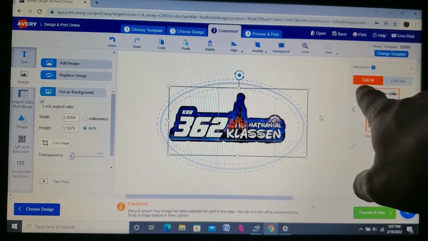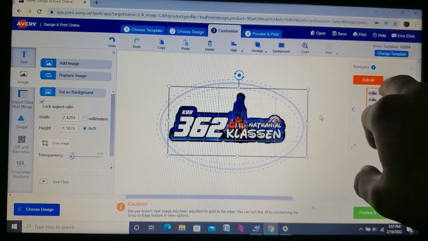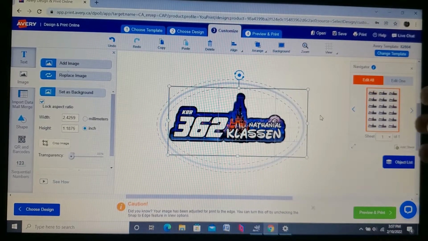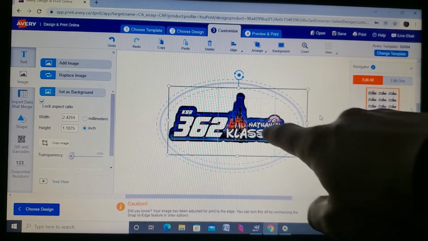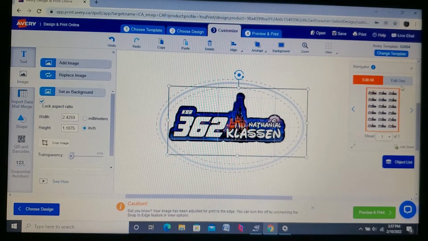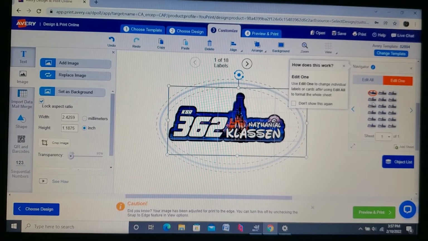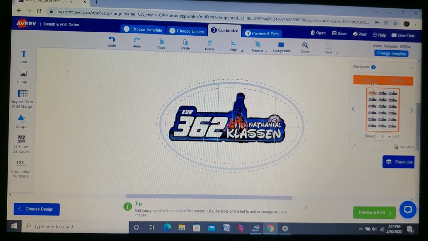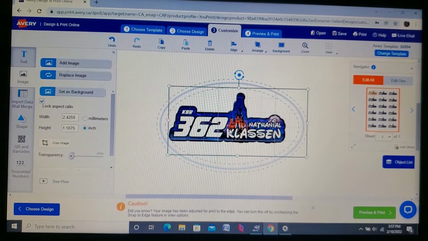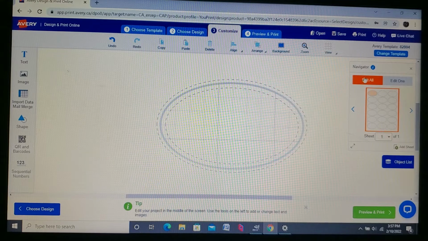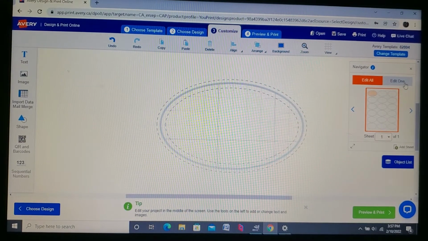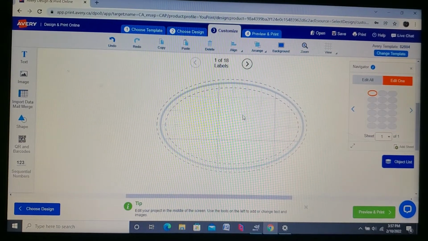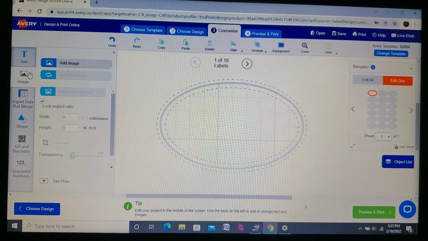Now you can edit all or just edit one. Obviously if you want a whole bunch of door wraps, you can print off a whole sheet. And if you just want to edit one, just go to here and then you can click which one you want on your sheet. So say I only wanted to print like two door wraps. If I just go like this, delete. If I just go here and edit one, and I add my door wrap,